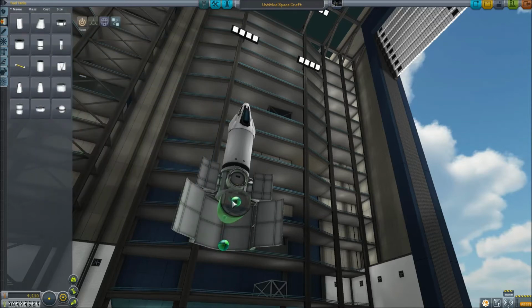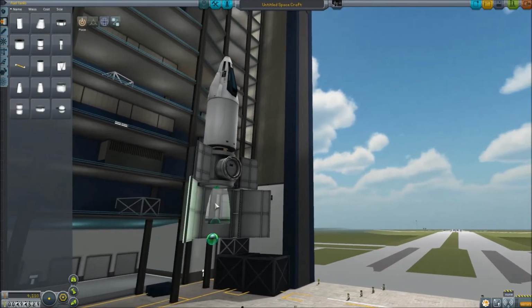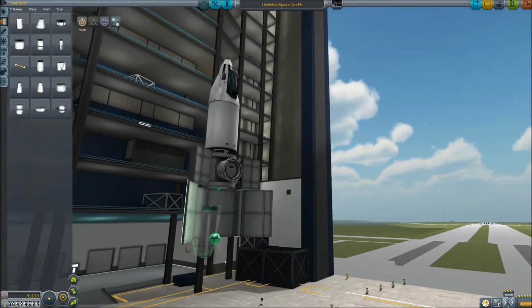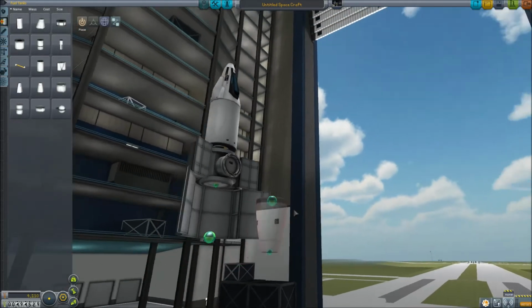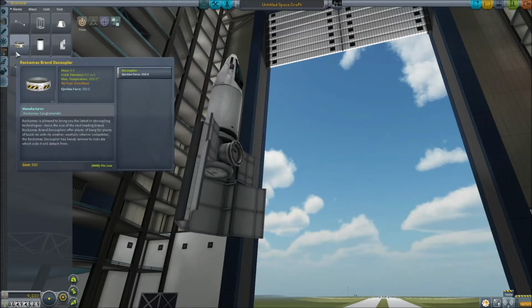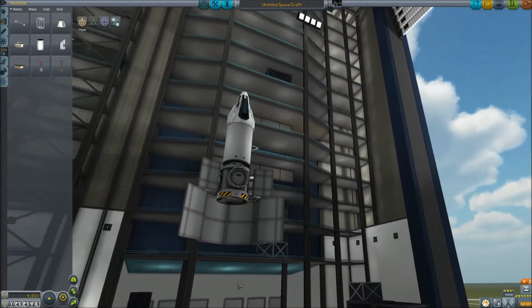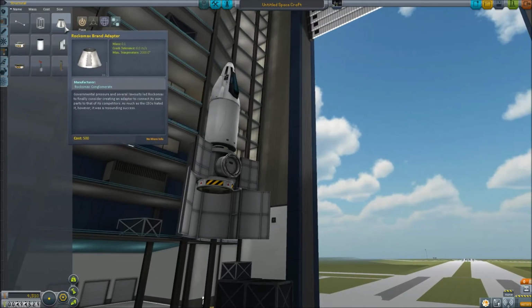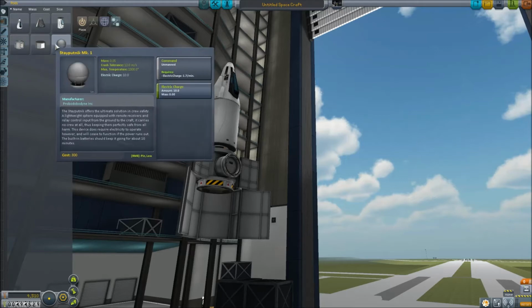And can you still attach stuff inside there? What about... No, it's just not going to attach, is it? Okay. You can attach to the bottom of that one, and not to there. What about attaching a little decoupler? Yeah, you can attach a decoupler to that, and then popping onto that